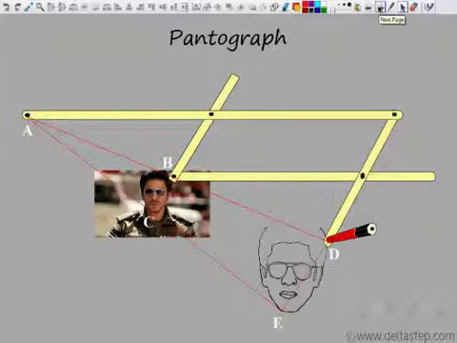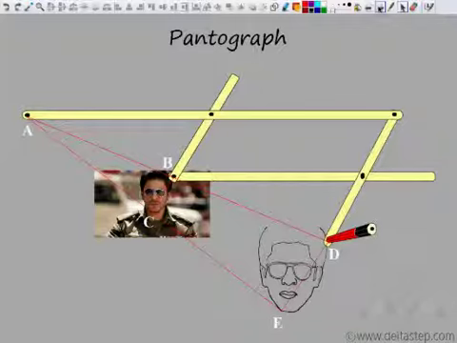Let's label these points A, B, C, D, E. What you observe is that this figure which you've drawn is an enlargement of this figure, so only the size is changing. So we can say that these are similar figures. How can I prove that it is similar? For that, I need to prove that this triangle, which includes this side BC, is similar to this triangle. So if this triangle is similar to the big triangle, the sides are proportional. I can say that BC and DE would be proportional.